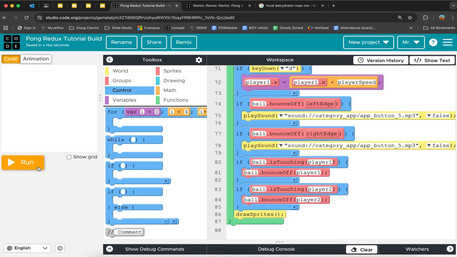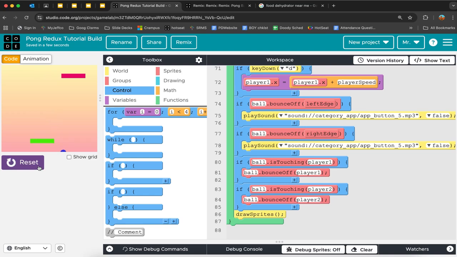I'm trying to play both players, and there it goes. We're playing a game. Look at that. We have a very rudimentary Pong game in action already. That looks really good. Something to notice here is when we get a collision, that